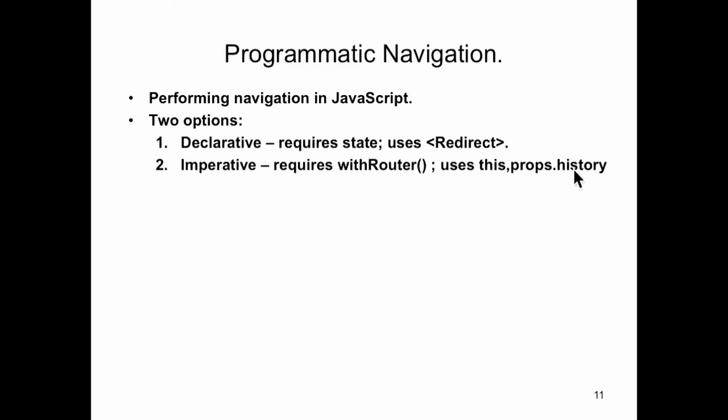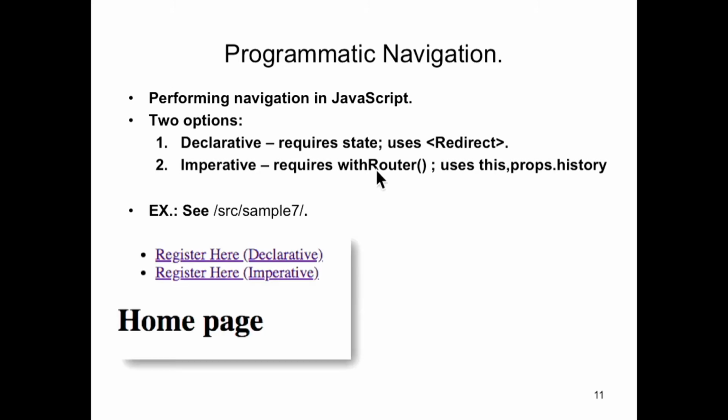This history object is only attached to your component's props if you use the withRouter function, which we've already seen. So it's either or really,